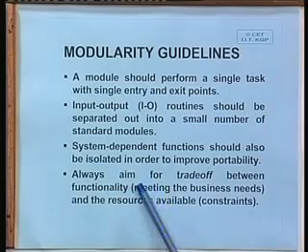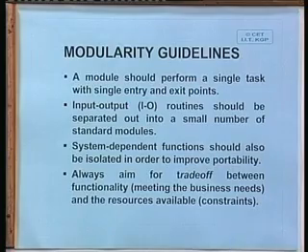Then system dependent functions should also be isolated in order to improve portability. I have discussed portability in my previous class. The basic idea is that due to many reasons you may have to make platform changes, let us say from a Windows based system to Unix based systems, or even within Unix, you may have one kind of machine like the HP 9000 and you may like to go to something like Solaris. So between Sun Solaris and the HP 9000,